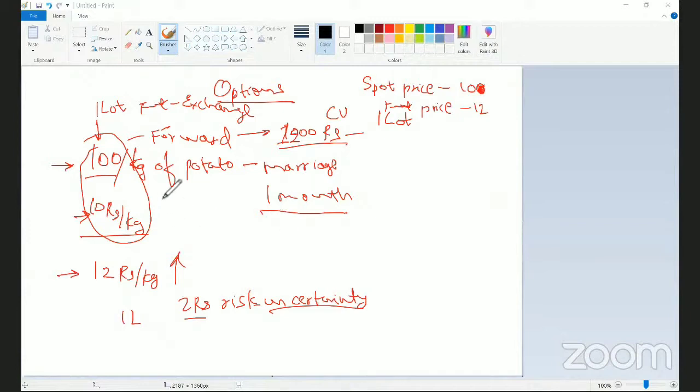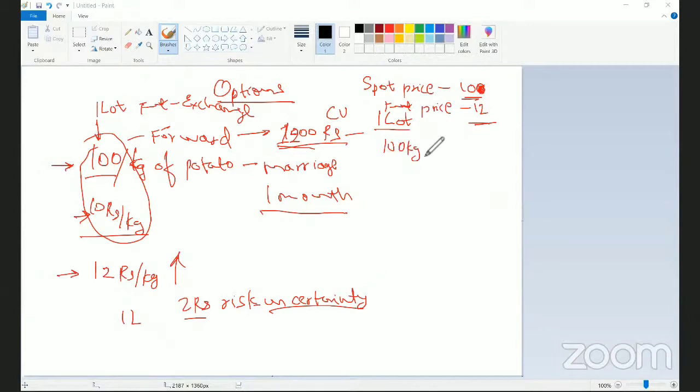Again, I'll repeat. My spot price is 10 rupees. My futures price is 12 rupees because there is interest rate risk. There is uncertainty. That's why if I enter into a contract now along with my vendor, it's called a forward contract. In that contract, the contract value is 1,200 because the futures price is 1,200. Spot price is 10. And the lot size is one lot. One lot consists of 100 kg of potato. Now,